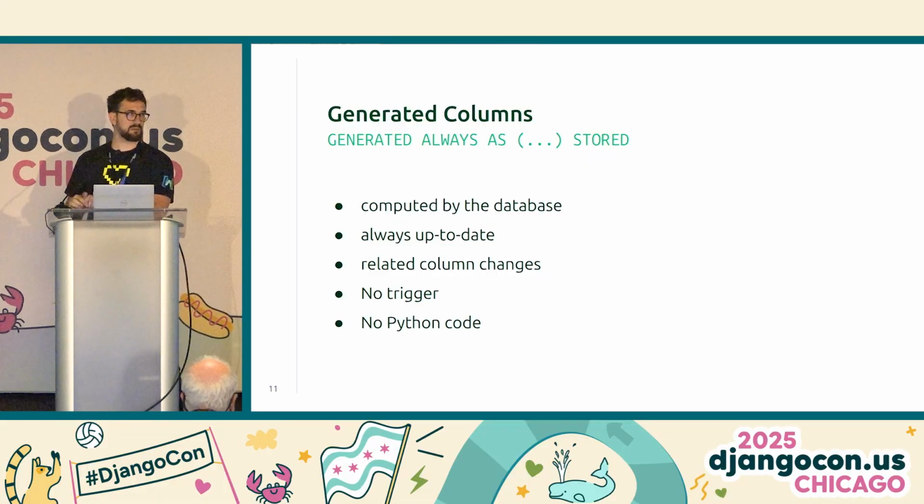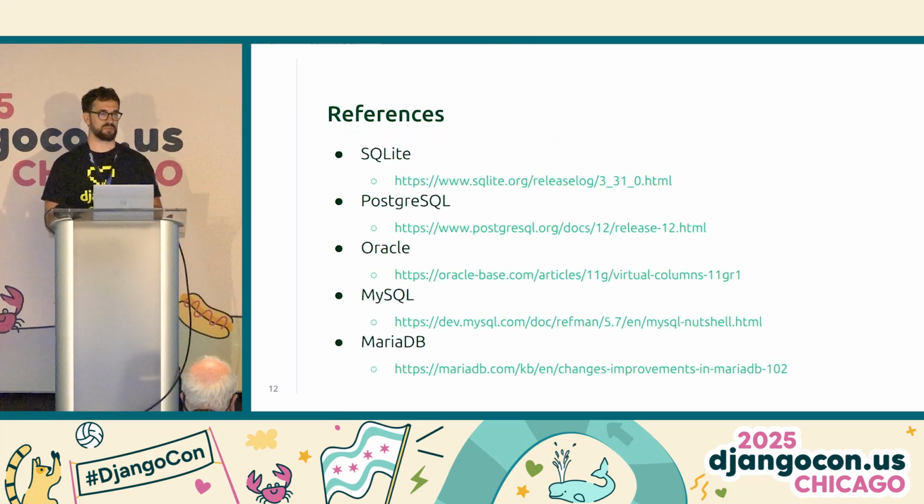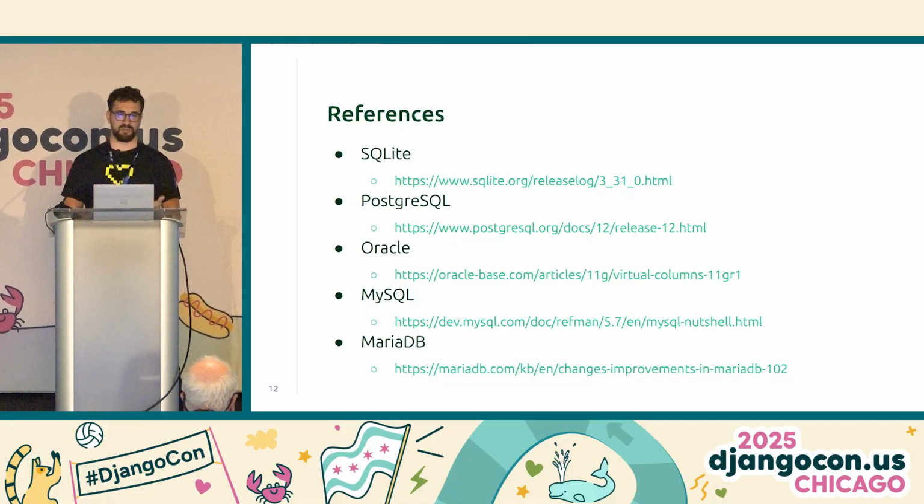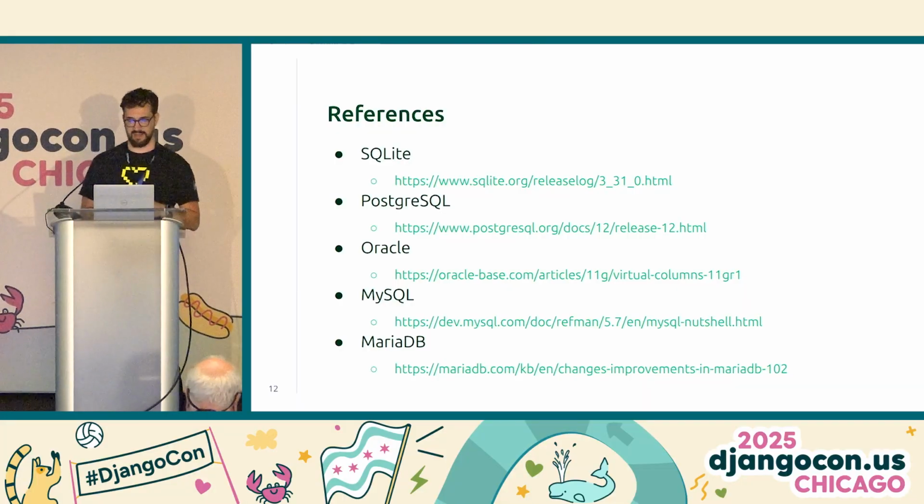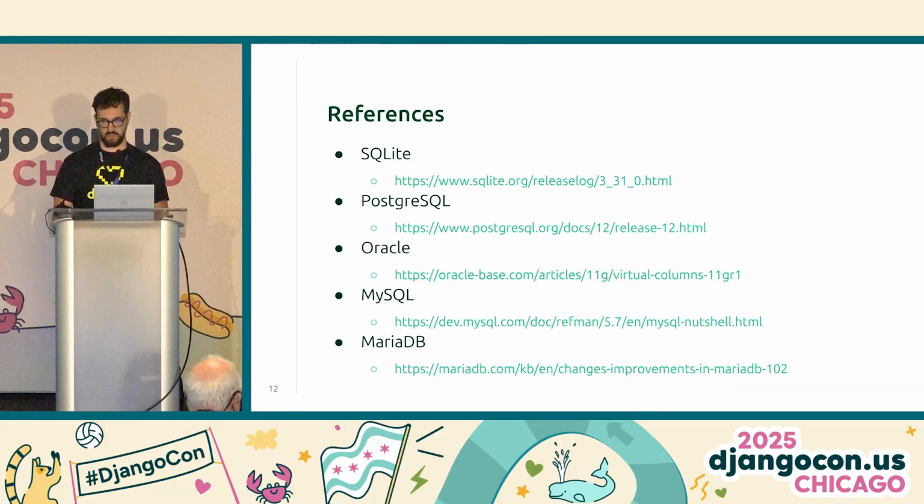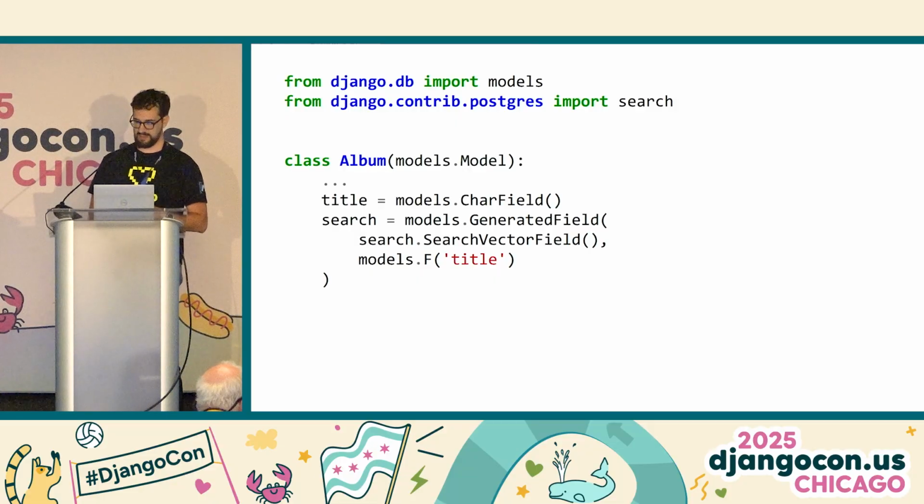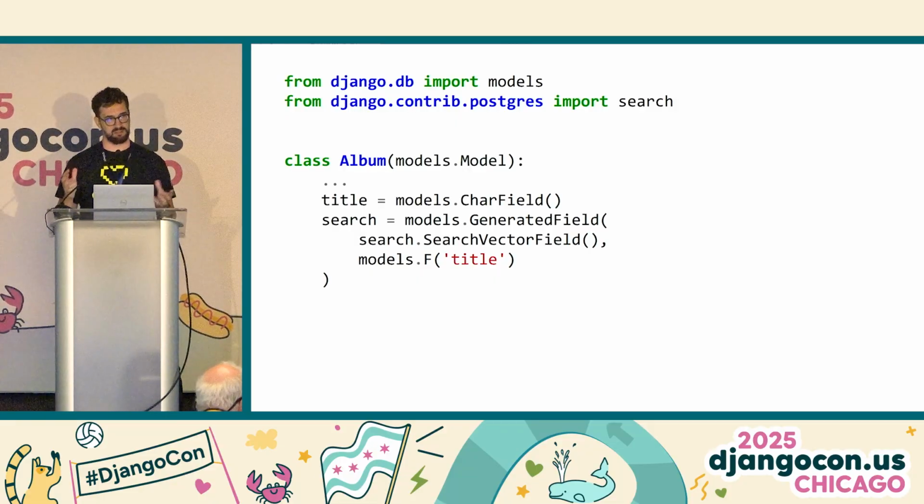But based on the lesson I learned from the sprints, I did some research. I researched whether support for generated columns was already in all the database backends we support in Django. And luckily, that was the case. So I created a small proof of concept of the code based on the array field I already use in Postgres. And I tried to share this idea with other